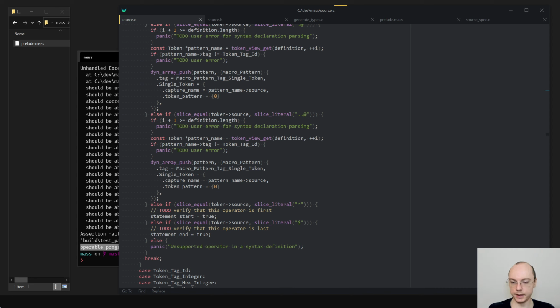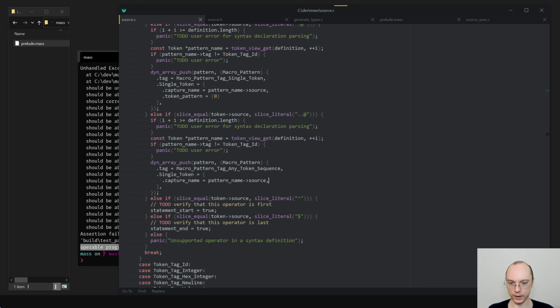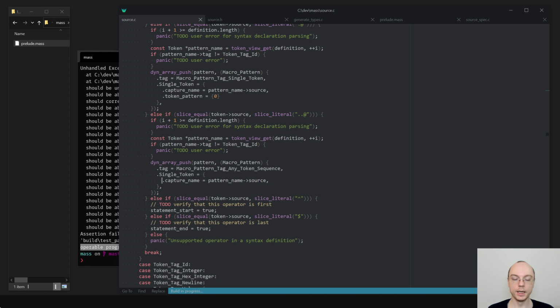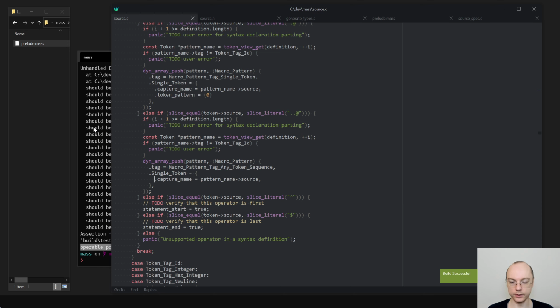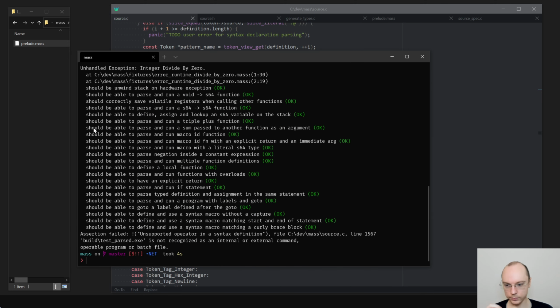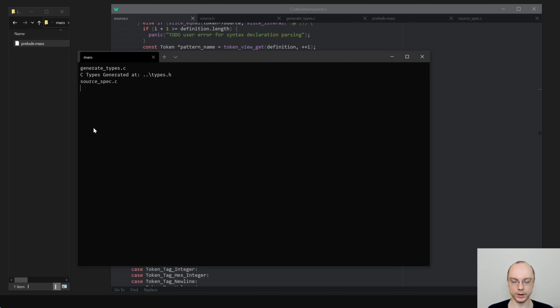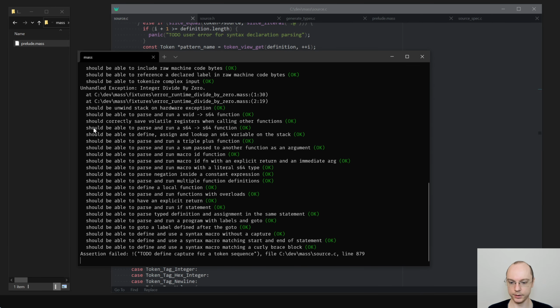So this is like this, and the difference is we have a pattern, any token sequence. We do not have pattern, but we do have a capture name. So that's fine. Now we should have a problem inside of matching. And this would be a challenge to implement.